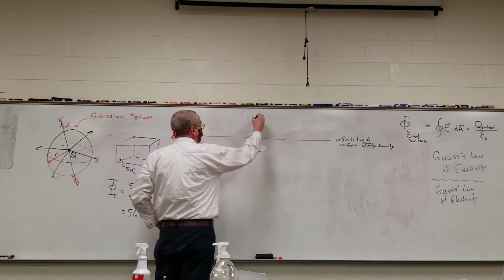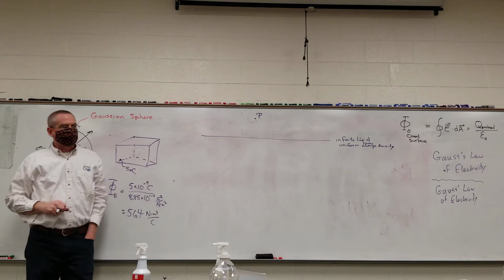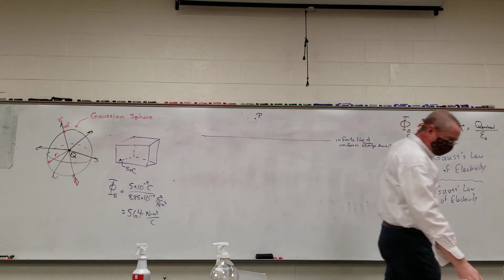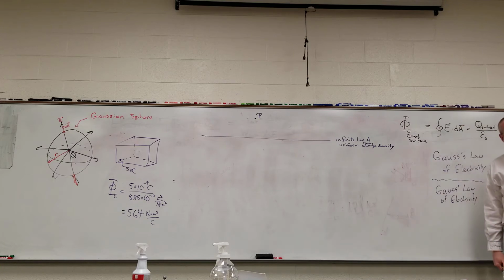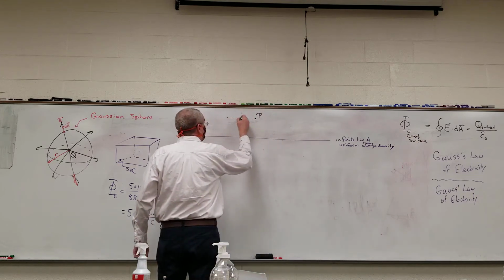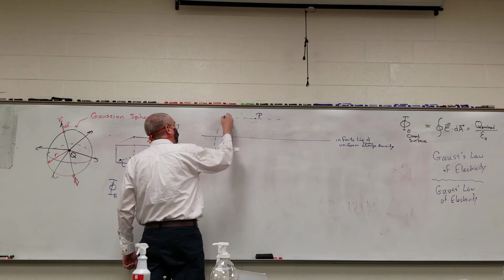At this point P right here, using Gauss's law of electricity. So first thing I need to do is to create a Gaussian surface. In other words, this is not a physical surface we're putting here, it's sort of imaginary. It's a virtual surface. So I'm going to do a cylindrical